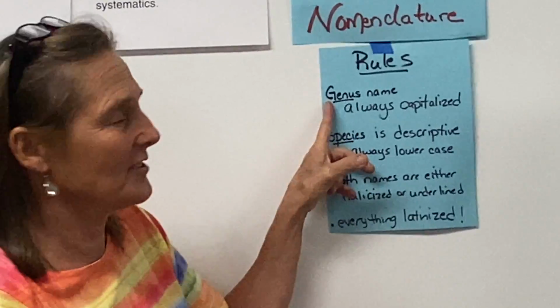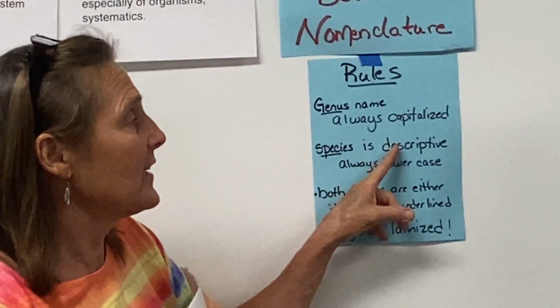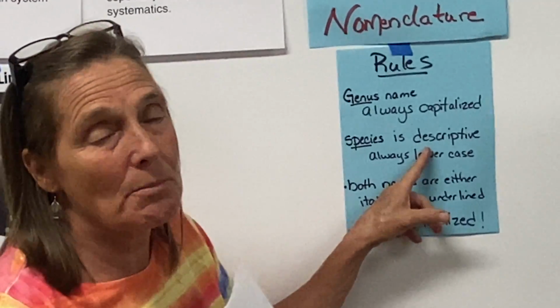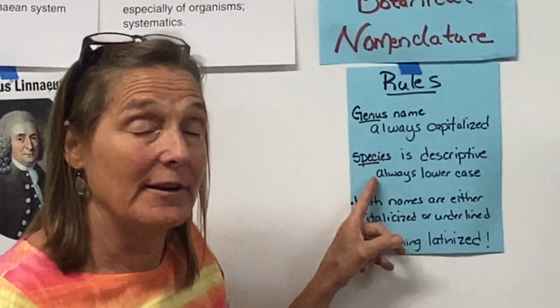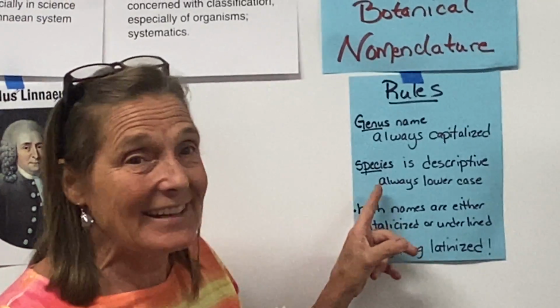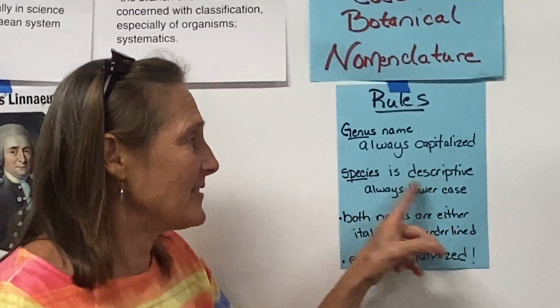So I capitalized the G for genus here. The species, which is a plural word, is always descriptive. You don't have to know many Latin names, but there are plants called Quercus alba, and alba means white. Or you might know Spigelia marylandica. Well, that means Maryland, so the plant's from Maryland. So the species is always